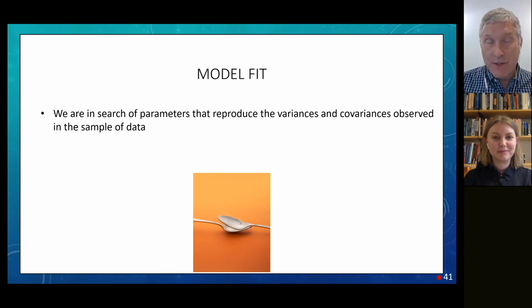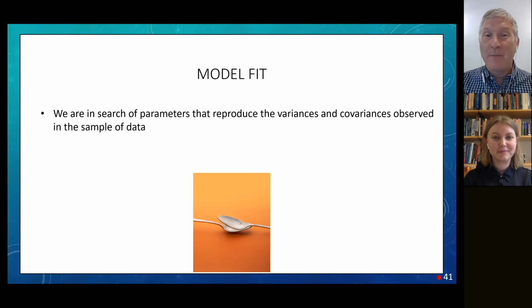And if you do a good job, yay, then you have reproduced the variances and covariances that the data actually have. And if your model just can't do it, if we can't find numbers to go on those different paths that would yield something that's consistent with your data, we would want to know that too. But it would make you sad, because you'd say, "Oh, I guess my model is not doing such a great job." So we are looking for parameters.